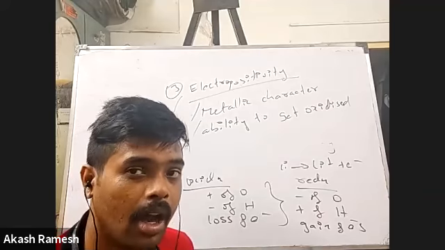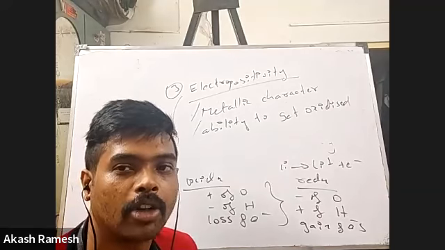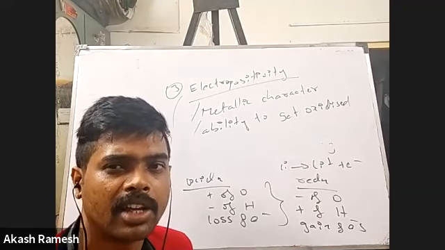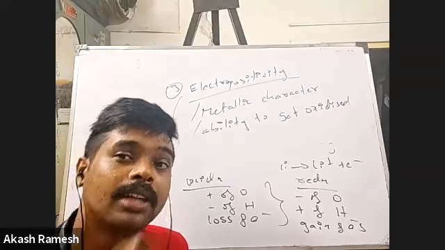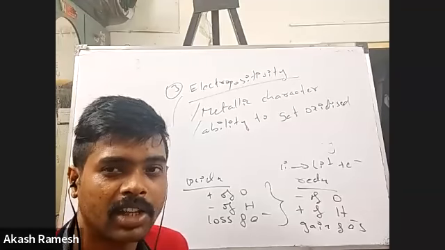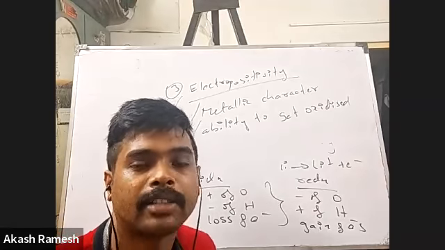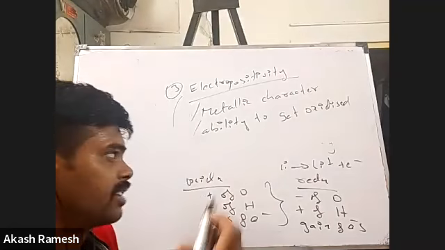Now the question is how they are going to do it. If I'm going to call something an oxidizing agent, I understand that it is going to help in oxidation. That means it is going to oxidize something else. That is what you need to understand: an oxidizing agent oxidizes something else. Say, for example, I have potassium permanganate, KMnO4.